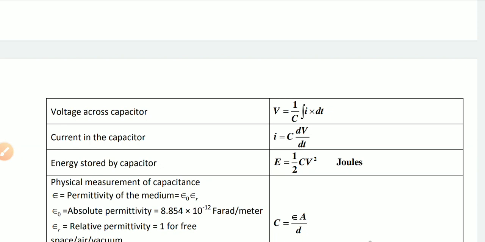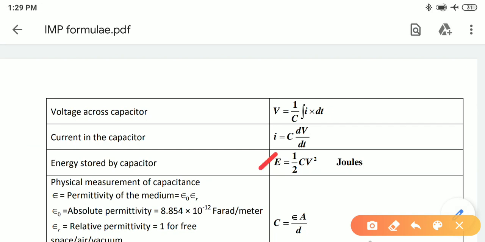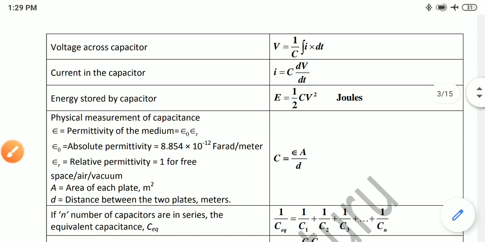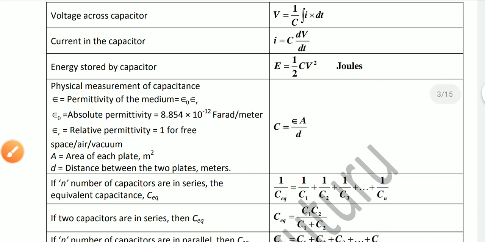Next, current in the capacitor is I is equal to C into dV by dt. Next, energy stored by capacitor is half CV square joules. This is also very important. Next, physical measurement of capacitance is given as C is equal to epsilon A by D, where epsilon is called